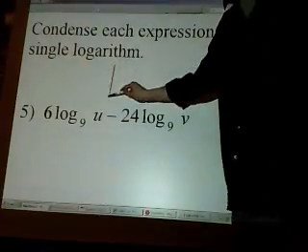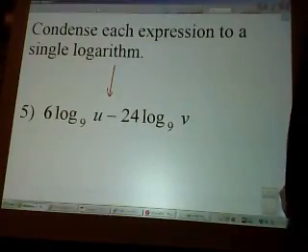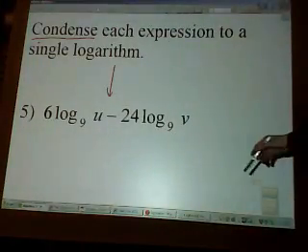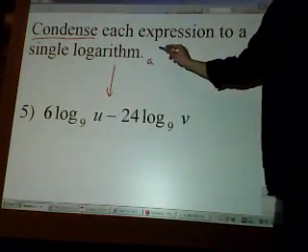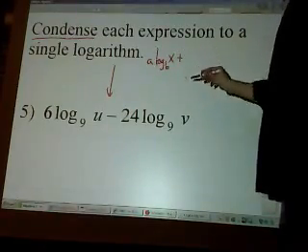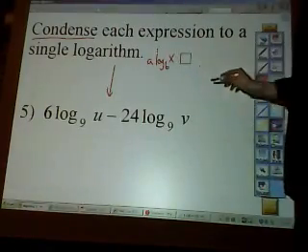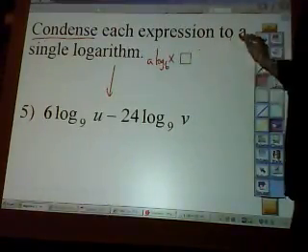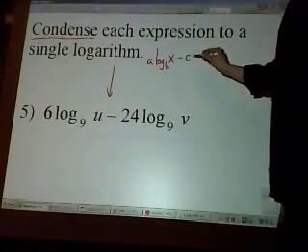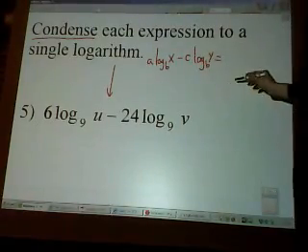Like I just said, we have a minus now instead of a plus. So our old formula does not apply for this one, but we can still condense them. We just have to use a new formula that we're going to learn right now. And we're going to set it up the same way. A log base b of x, well, not plus. What did we say we're going to do this time? We're learning minus. So if we have minus c times log b to the y,